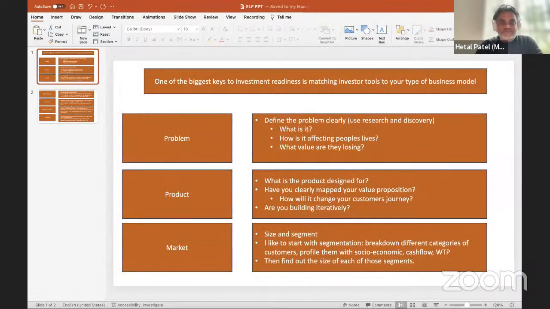The very basics, that may seem basic, but you really want to have clearly articulated is, what is the problem you're solving for the consumer? And I know we always encourage some sort of research and discovery around the problem. So being able to understand how it exists, how is it impacting people's lives, what is it clearly, and what value are they losing? And I think that's actually sometimes underestimated to at least articulate on paper versus what we